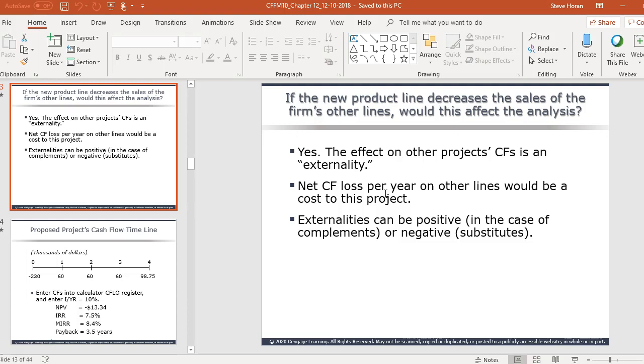They're not really telling us one way or the other. But if it does, either good or bad, that would be an externality. Okay. And a good example of an externality is store locations, is how many stores do you have in a